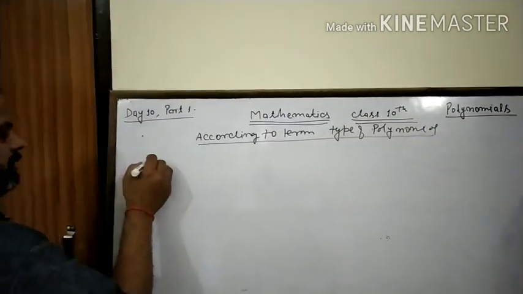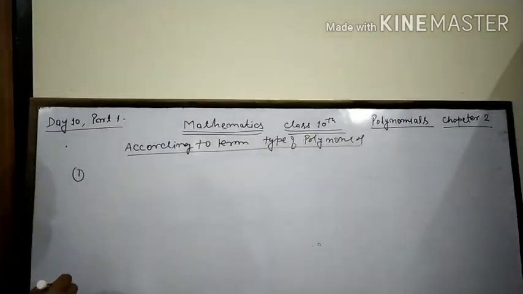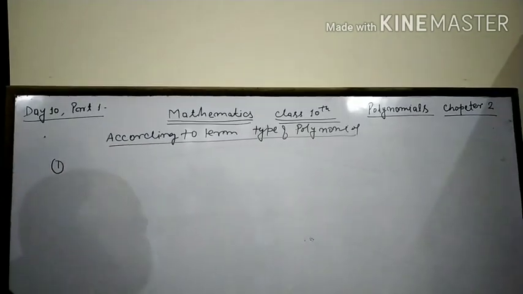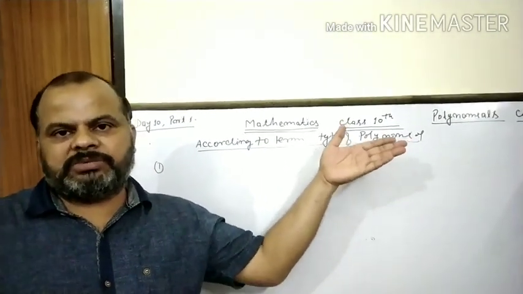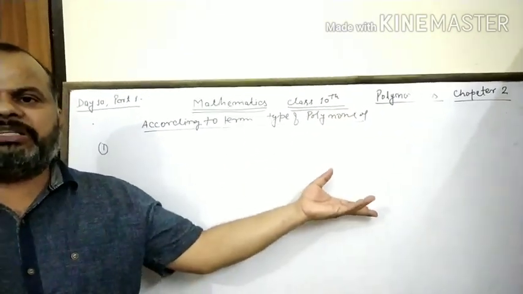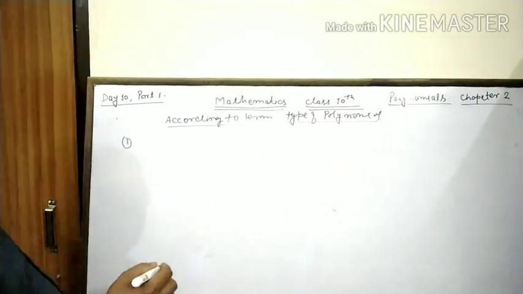Suppose any polynomial has one term, two terms, three terms, four terms, five terms, then what is their particular name? First monomial,